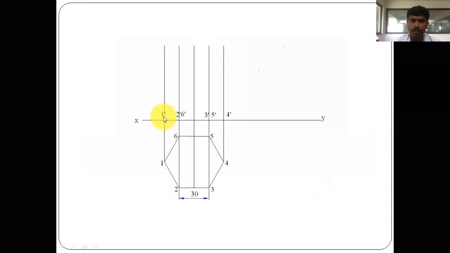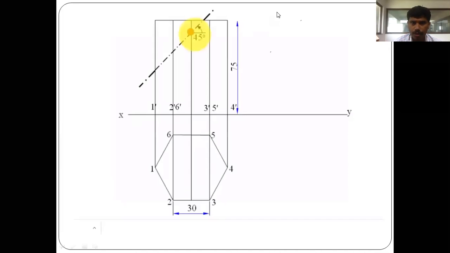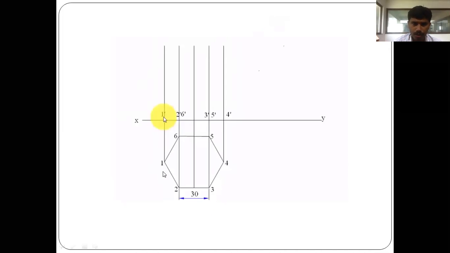So very first, begin with this. Okay, you have to understand the conditions. What are the conditions? Our base edges should be parallel to the VP. So you have to draw these conditions. You have to draw this hexagon, with the base of